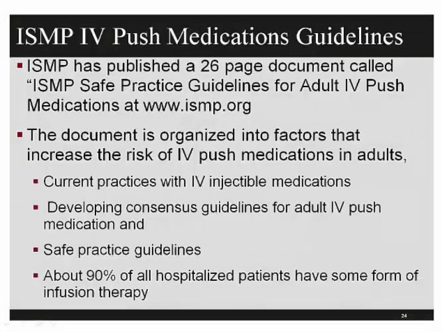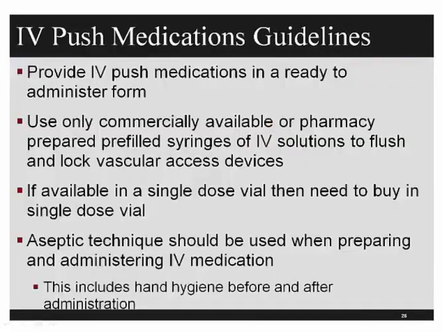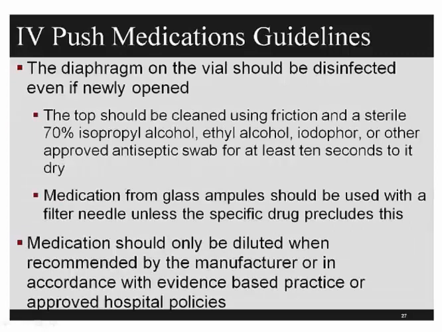So on slide 24, again, this is free at ismp.org. You want to provide IV medicine in the most readily administered form. For flushes, you either have to buy them from the manufacturer or the pharmacy has to do it. Again, if they make it in a single dose, you need to buy it in a single dose, hand hygiene. Again, even if it's a new vial, you clean off the top. Medication should only be diluted if the manufacturer says so, or you have an evidence-based hospital policy. If you're using medicine from a glass ampule, we use a filter needle unless the drug precludes